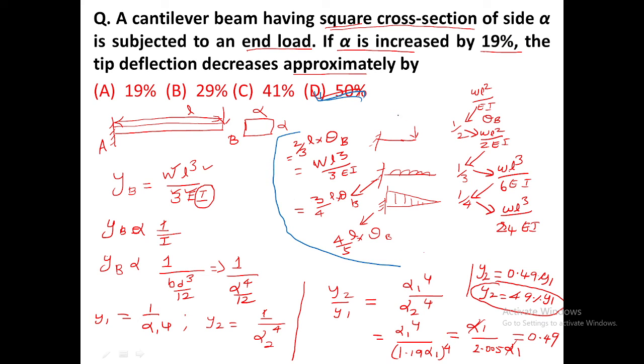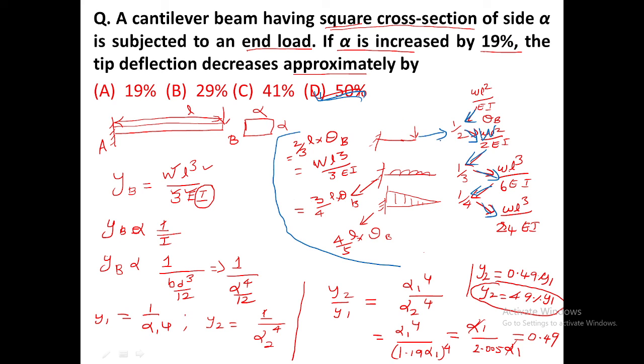It is a shortcut. So cantilever beam with end point load: WL square by EI is multiplied with 1 by 2, so you can get the answer of WL square by 2EI. This one is multiplied with 1 by 3, so you get the answer of this one. Here is WL square, this is a capital W, this small w. This uniformly distributed, then only put WL cube. So WL cube by 6EI is multiplied with 1 by 4, so get the answer of WL cube divided by 24 EI.